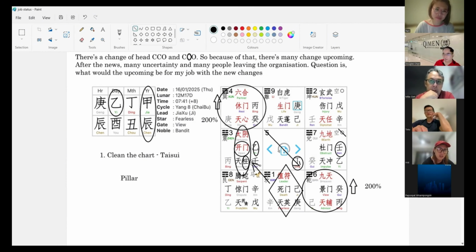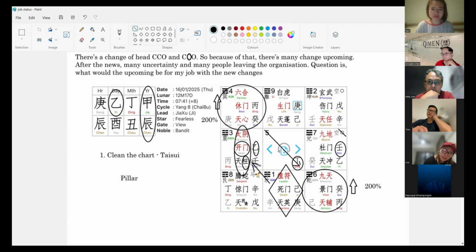But of course, that's generally for Geng. We still have to see the combination of other things also. Then it may have a little bit of different combinations already. Okay, so anyhow. Master, for this